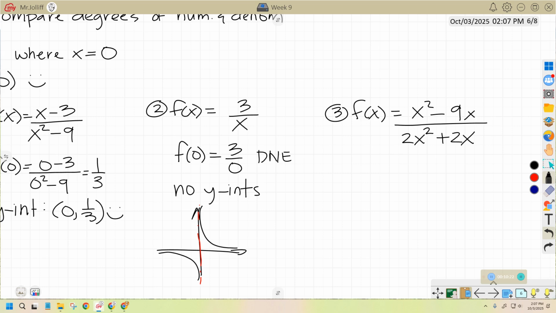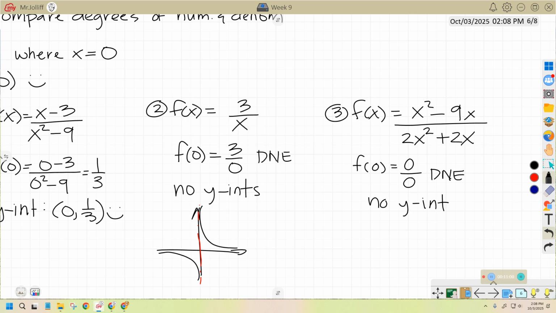So f of x equals x squared minus 9x over 2x squared plus 2x. We want to find f of 0. Without having to evaluate, what is f of 0 going to be? Over 0, which is also not defined. Does not exist, right? Doesn't matter what's in the numerator, I can't divide by 0. So this is another one that has no